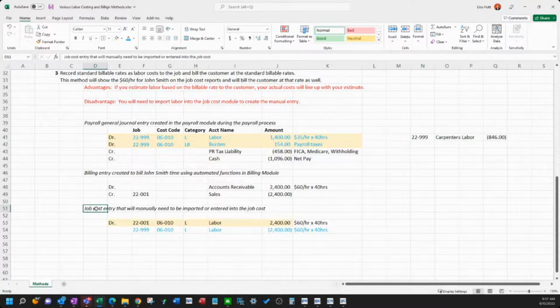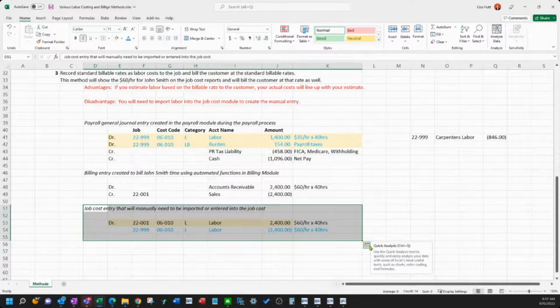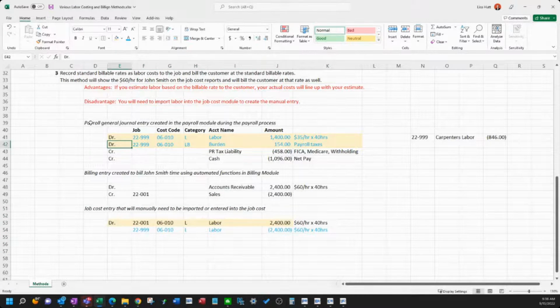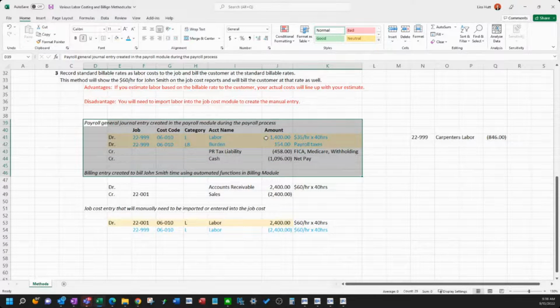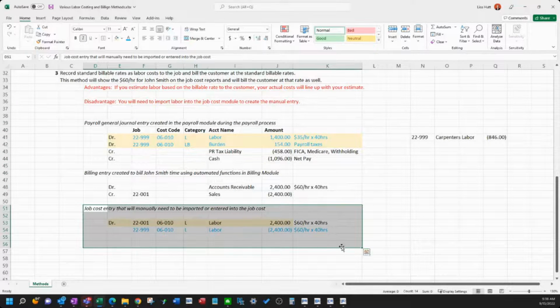So there is an import file that has been created that will do this for you. Some companies we have employed this with have created a payroll time import to import their time, so their 40 hours for John Smith is in an Excel file. All their employees are listed, all their hours, and how they want it coded. Then this entry is also on that same file. So you will have to import time into payroll.